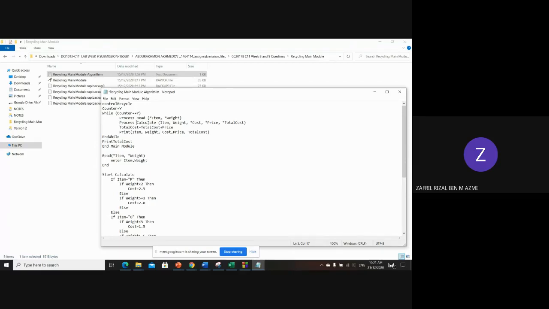process calculate. Okay, we call function calculate and send item. Correct. We send the item with no asterisk, since item already got its value in control. We already got its value from this module earlier, so it doesn't need an asterisk. So we are sending the current value to module calculate. Sending item, sending weight, and this one you put